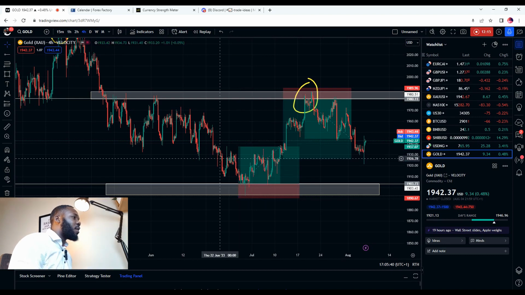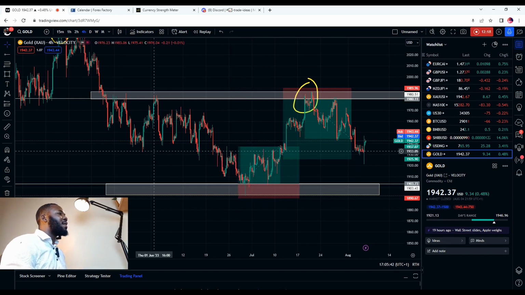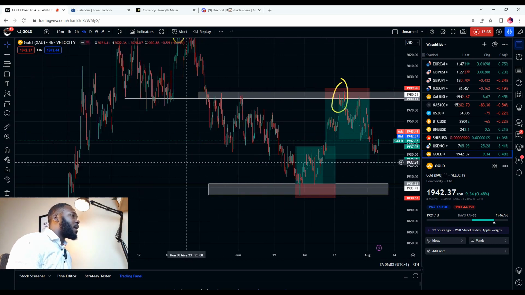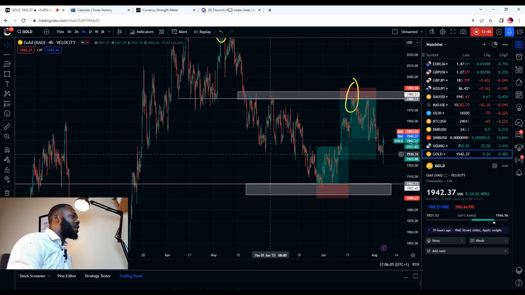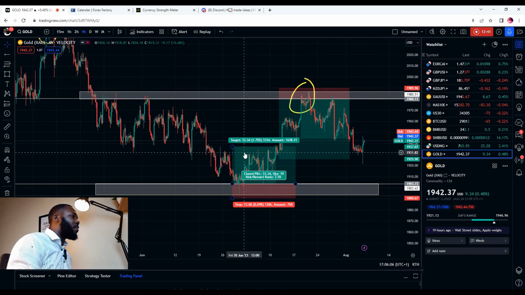You can see very well here. This is how the market manipulates traders a lot. It takes traders out of the market before going to their profit zone. It happened to me a lot when I first got into forex. I was knocked out of the trade every single time. It was too much, I had to be saying, what is going on? What is going on? Why do I have so much loss on my account? And why does this trade keep hitting my stop loss before going to my profit zone?